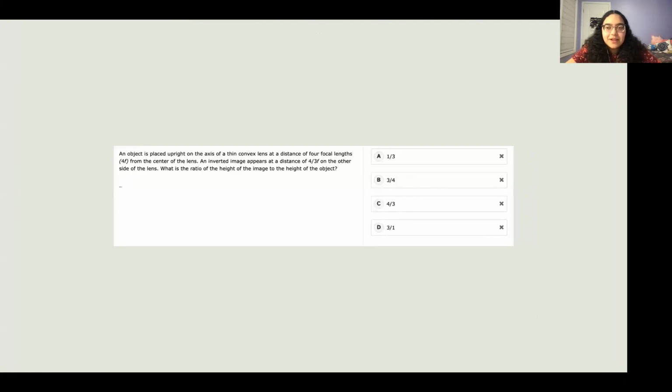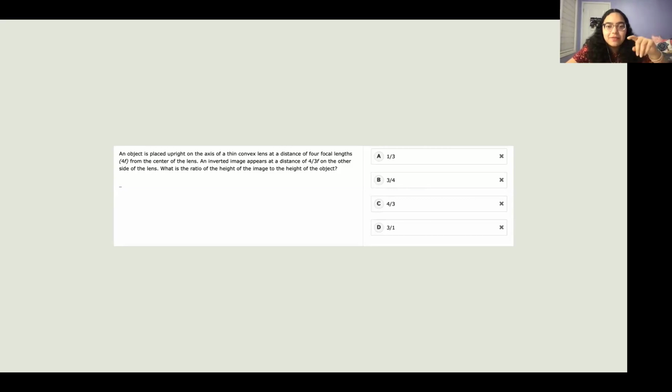So basically, it's that equation, h_i over h_o, d_i over d_o. What you're going to be taking is the ratio of the object to image distance, which is also the ratio of the object to image height. You're given the distances 4f and 4/3 f. So 4/3 f divided by 4f is a third. That means 1/3 is your ratio of the height of the image to the height of the object. Just make sure that you're keeping the corresponding things tracked in your head.